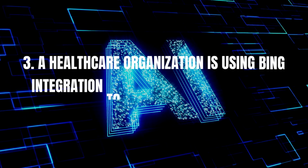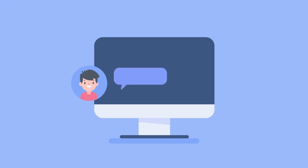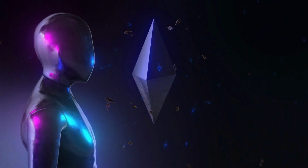3. A healthcare organization is using Bing integration to improve its patient care. By integrating Bing's search capabilities, the organization can access a wealth of medical information and resources. This helps healthcare professionals make more informed decisions, provides relevant and up-to-date information to patients, and ultimately improves the quality